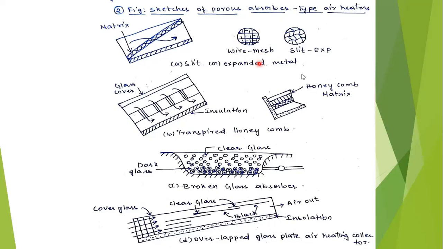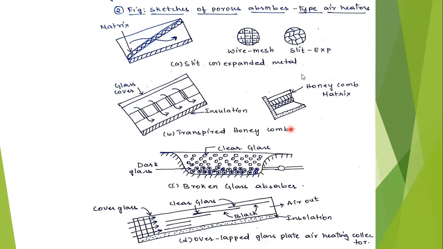And this solar heating can also be done by the second one, B, honeycombs. By using honeycombs also, air can flow from top to bottom, and when the air flows from top to bottom, it gets heated. The solar air heater utilizes a transpired honeycomb. It is also very favorable from a pressure drop standpoint, since the flow cross section is much larger, because in the matrix the cross sections will be lower.